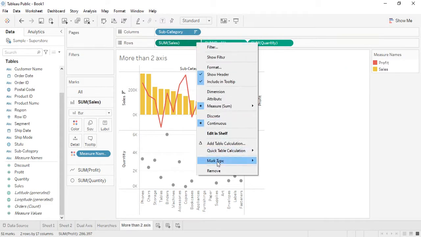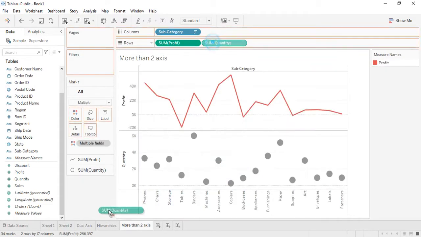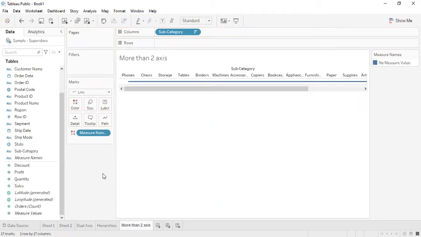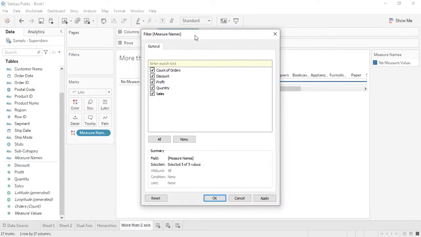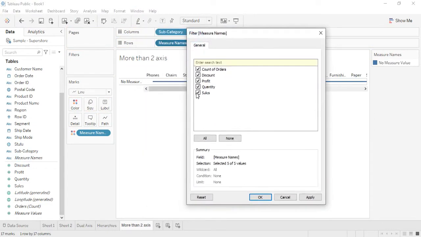What we can do is just remove all these 3 points, just drop these 3, and there is this something called measure names. Now this is present in the discrete values. Okay, you have to just drag and drop it over here, right click and go to filters. Now you see all these values, that was the continuous values, are present. What you need to do is you need to just select those values that you want to be shown. Like I want discount to be shown, I want profit, and I want sales to be shown. Click on OK,